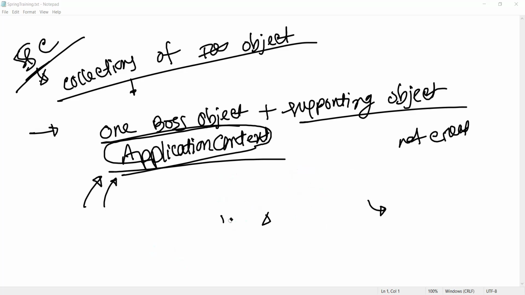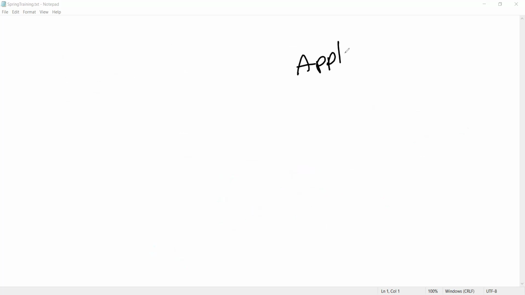So, application context is an interface.